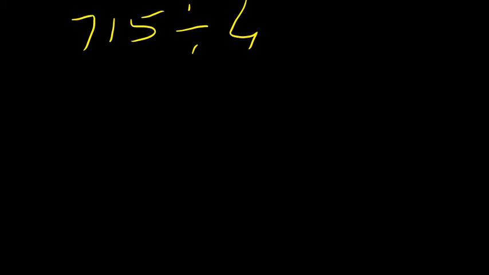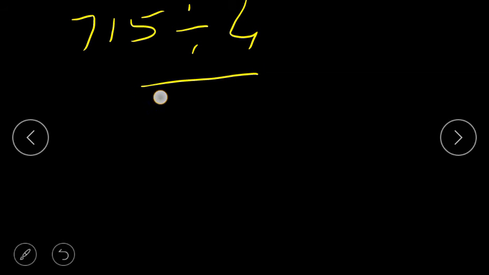715 divided by 4. Now, how can we do this question? See children, here the number is 715, that is the dividend, and the dividend you have to put inside this symbol and 4 should be outside. Clear? It means that you have to read the table of 4 till you get the number 7 or the number just before 7. Let's write the table of 4.